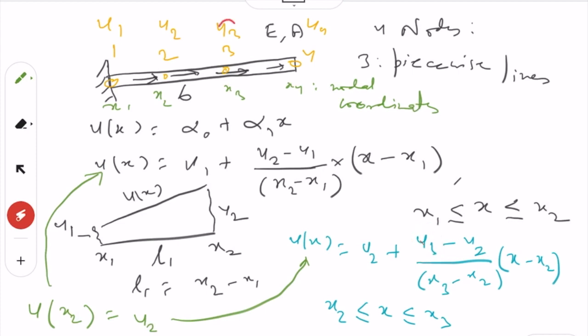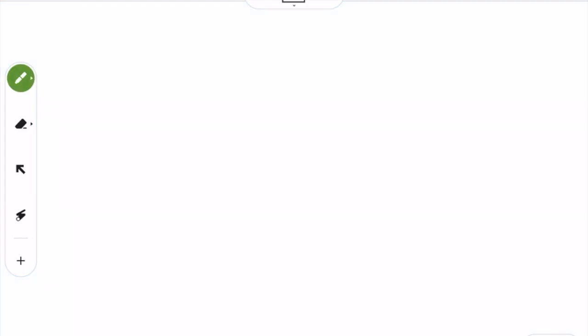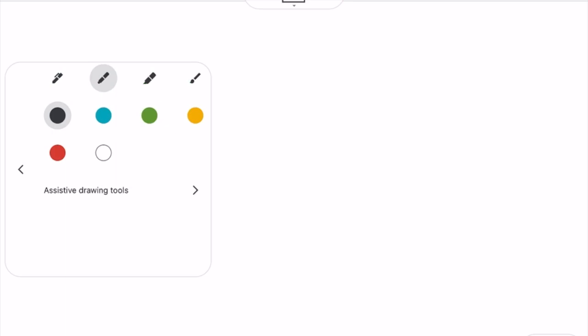Okay, what is the displacement of node 3? x3. Okay, what is the coordinate of node 3? So we know everything in here and here. And similarly, the third line we can also write similarly. So basically, the third line will be equal to